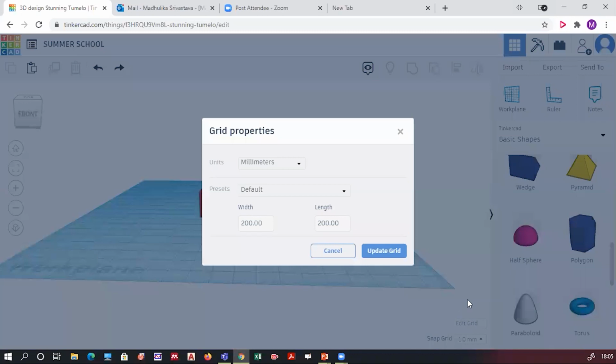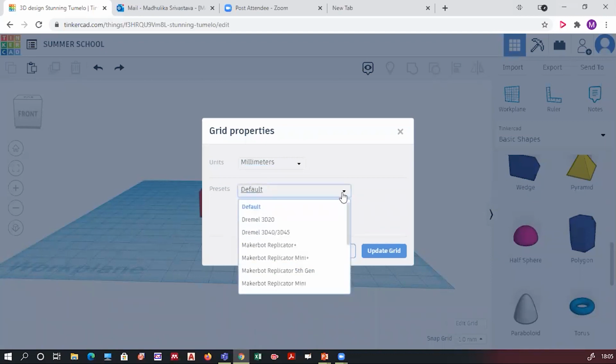When you click on this edit option, you will see the units option in millimeters. There are also other options for inches, but we set in millimeters. The default width and length is given as 200 and 200. If you want to change, you can change.